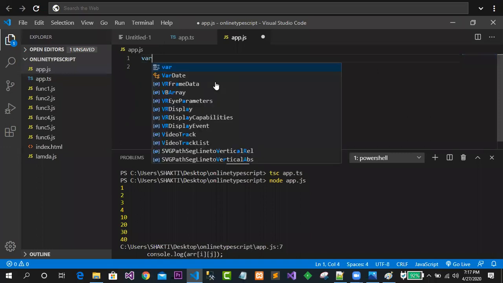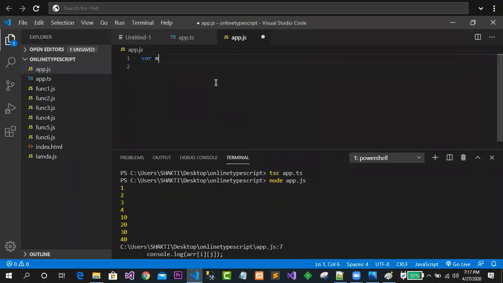So very simple. This is var, let's say myTuple. Clear? In this case I require 10, and suppose I have given my name over here, let's say Sakti. So what happened, guys?